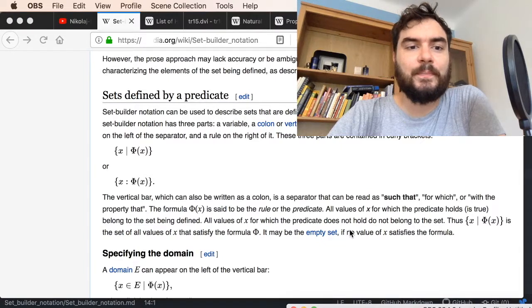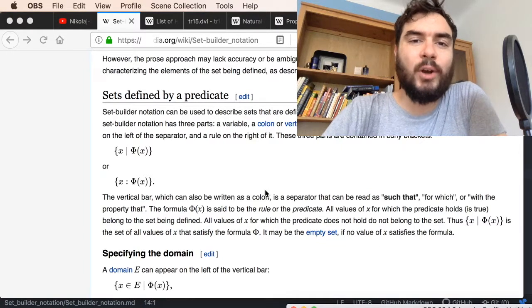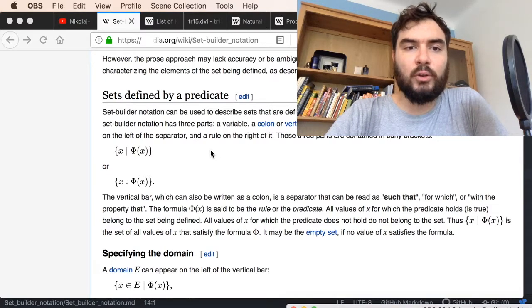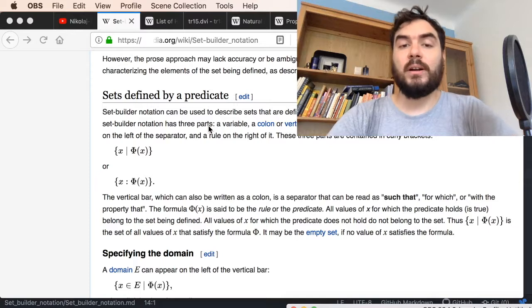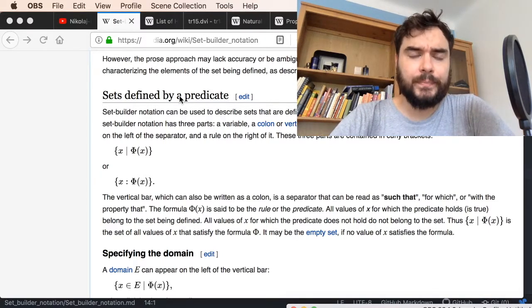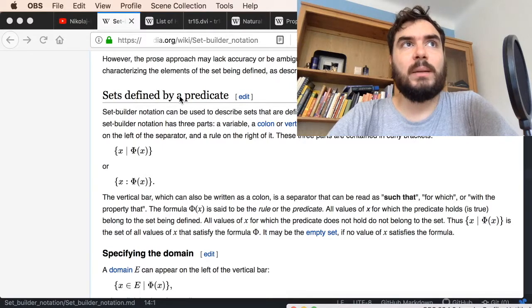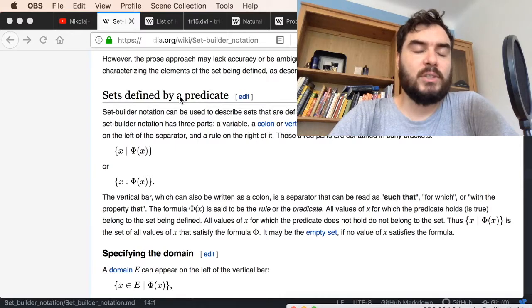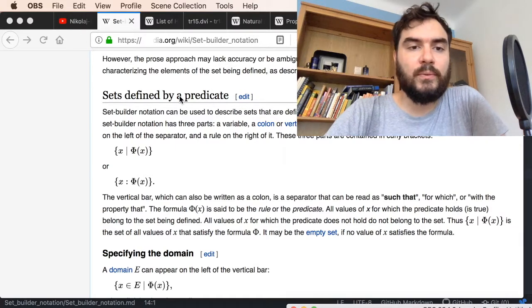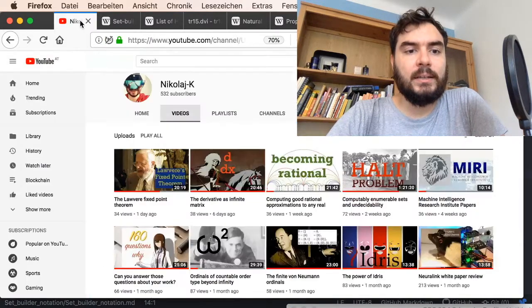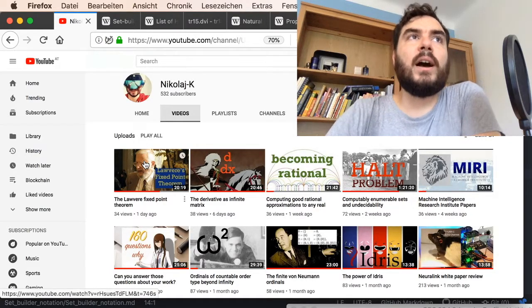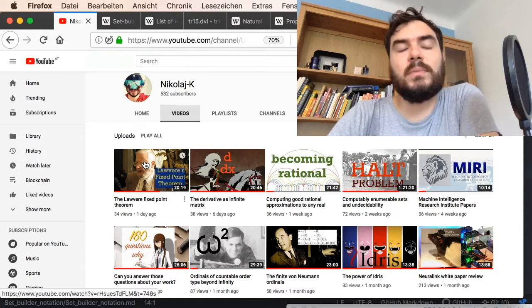Hello boys and girls. In this video I want to quickly talk about set builder notation, which is the sort of informal notation that you nevertheless see everywhere, used often without any explanation, when concepts are formalized informally with logic or with some first order logic, second order logic, and so on and so forth. Since in the last video I went through a proof where I freely used, let's say, first order